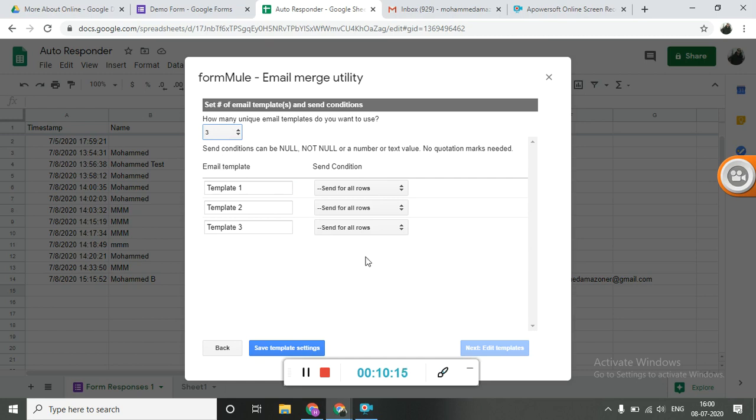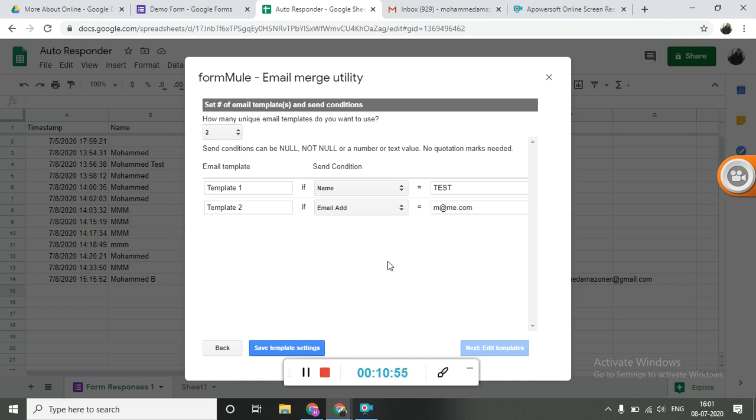For example, someone fills up their name, and if the name is, say, test, and if someone fills up their email address, and their email address is, say, m@me.com, just for example, and here I'll just make this 2.